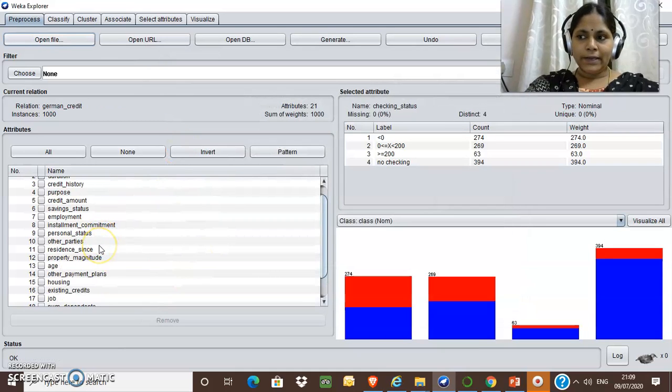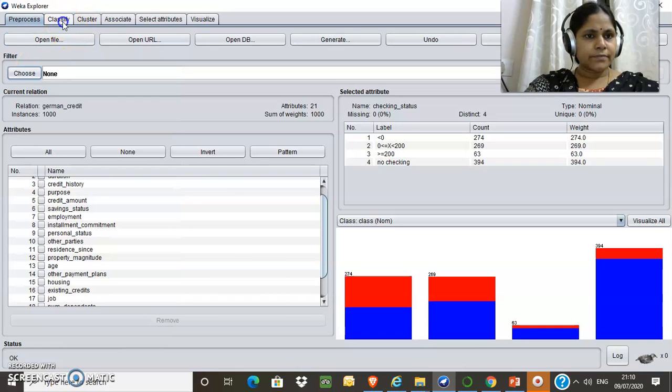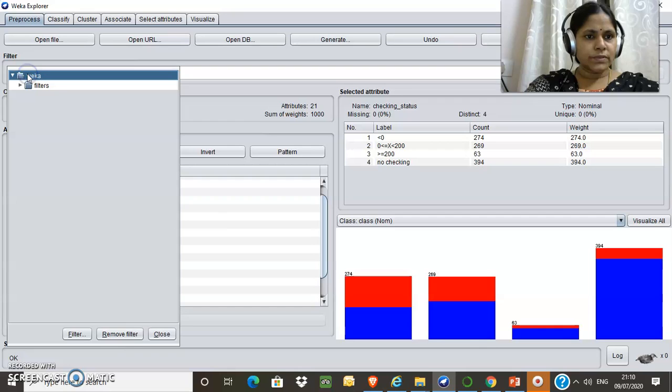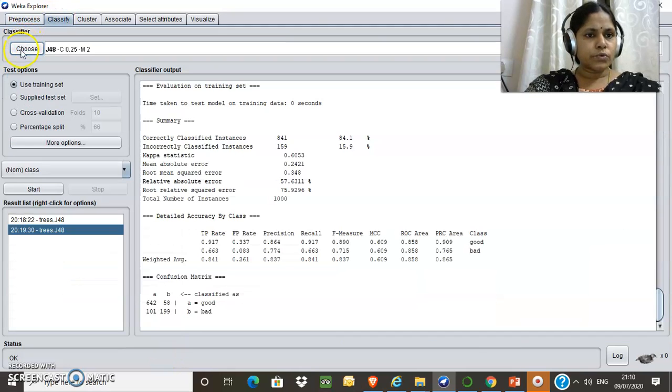These are all the attributes in this particular data set. Now I will apply J48. Classify, choose J48. Now in the test options, I should apply cross-validation.